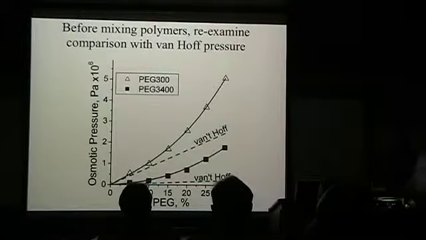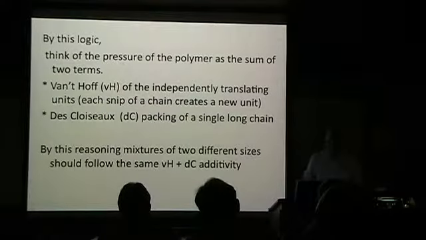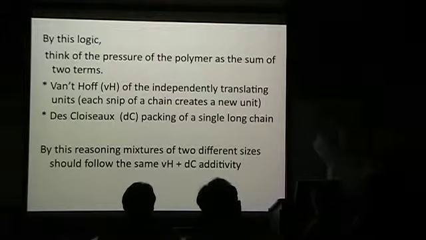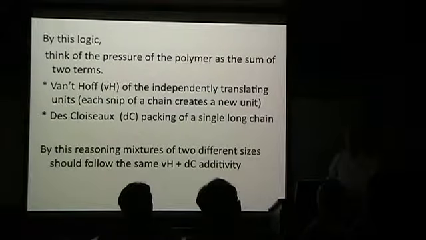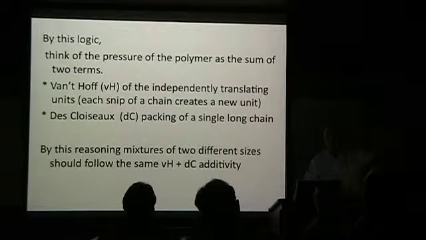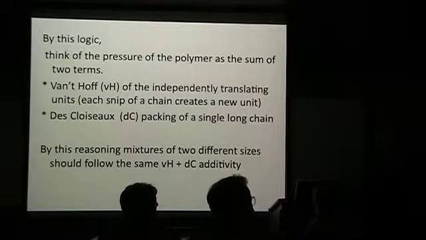But what we want to talk about is the comparison with different molecular weights. So this is the snipping argument I gave you before. Think of the pressure as the sum of the number of independent units, and look at the snips in the chain as random positions. It's a gas of ends of molecules, and then think of the rest as one long chain. If we can do this now with two different sizes, then we can begin to see how mixtures work. But then we can go backwards and say, if I have big guys and small guys, I have chemical potentials for all these things.